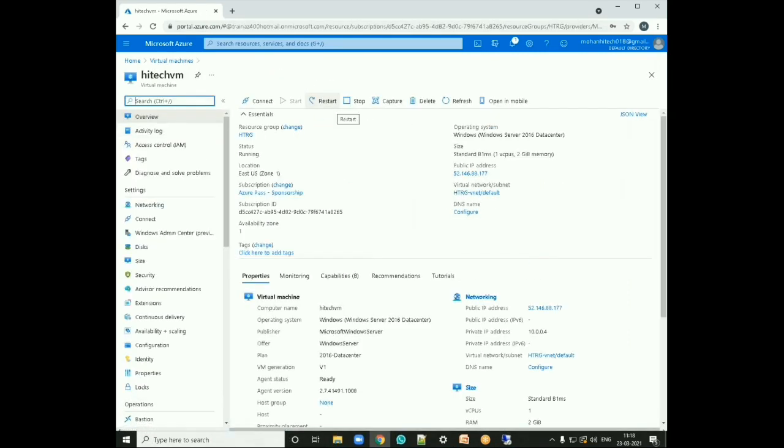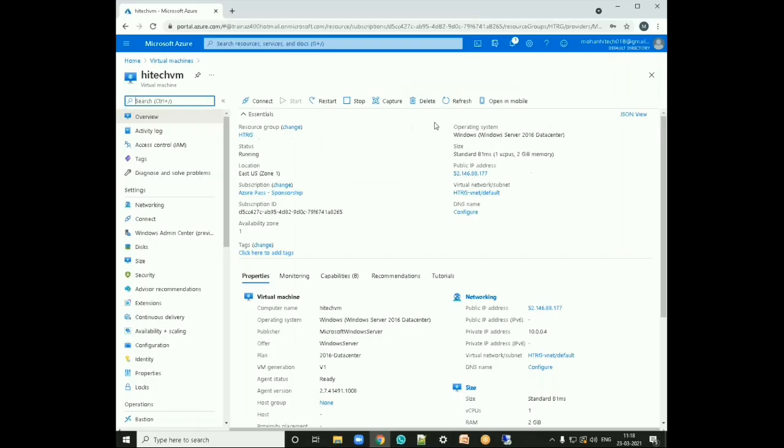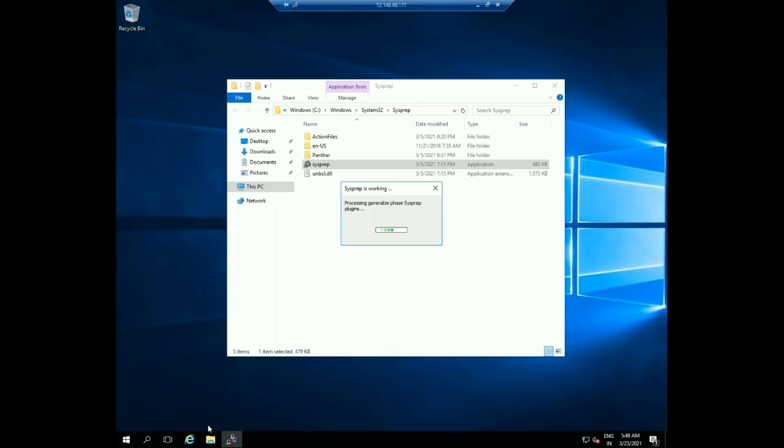We can start the machine, or once the machine gets stopped, we can wait for a while. Once the preparation or generalization is successfully done, we can take the image of this backup. So we can wait for a while, guys.